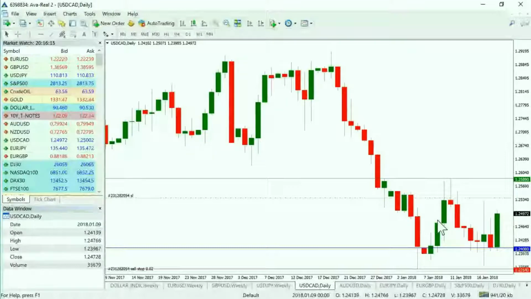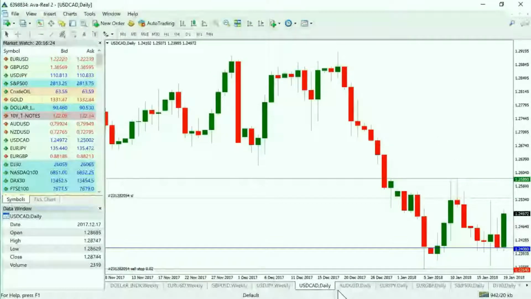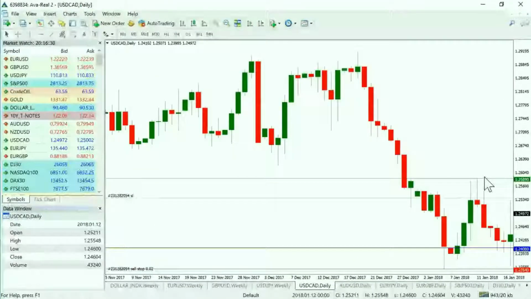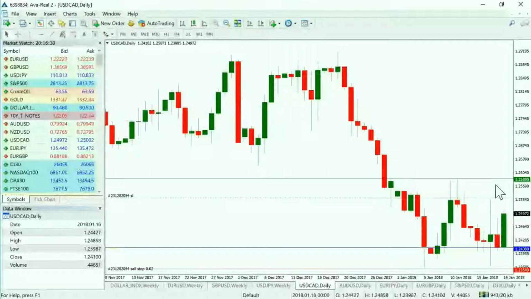However, if we get a break of this range-bound price action below the 23.54, that could give us a very interesting opportunity to take this market further to the downside. So we're actually going to work on a weekly basis with these highs and lows, because they coincide with the daily structure as well. So we're going to leave these levels where they are. To the upside, we're talking about 25.89, and to the downside, it's 23.54. So those are the levels there.